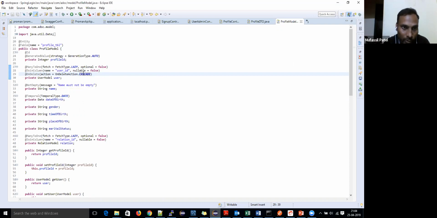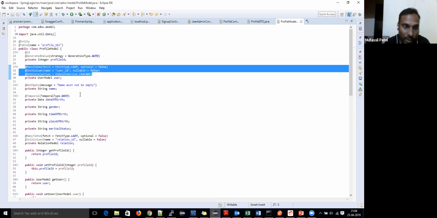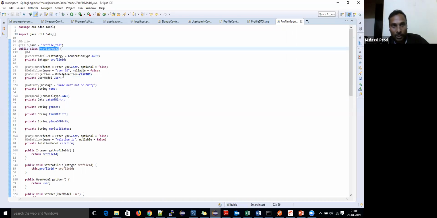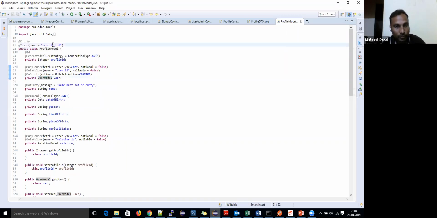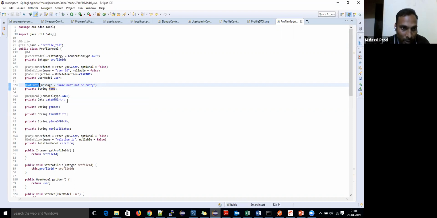So we have to give all these things in the entity configuration. Here, profile model, we are using a many to one relationship between the profile model and user model. So I have to define it here, and we can allow validation here on the entity. Suppose on a table, name must not be empty, so I must write the @NotEmpty annotation here, and